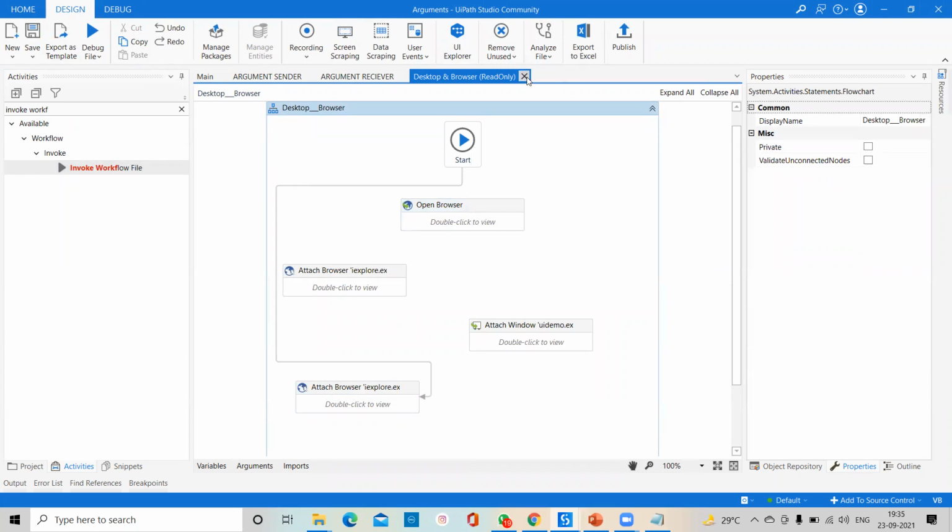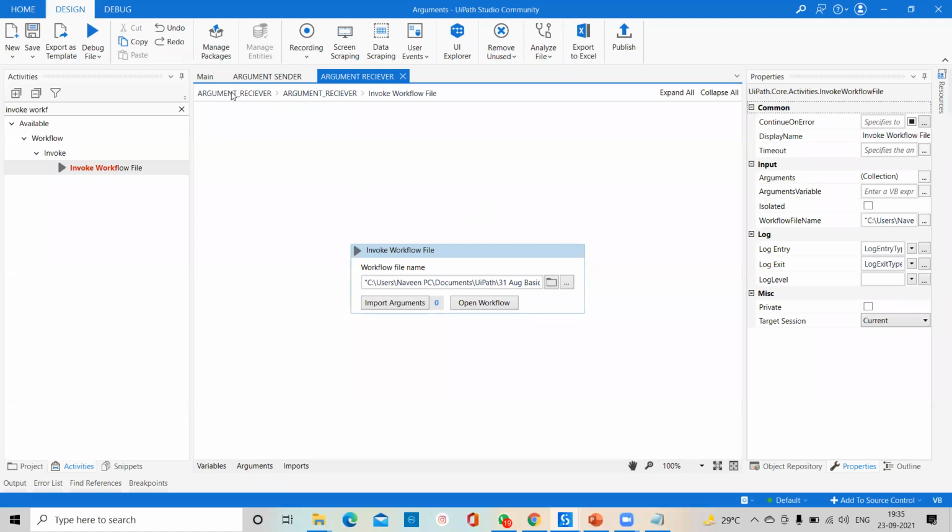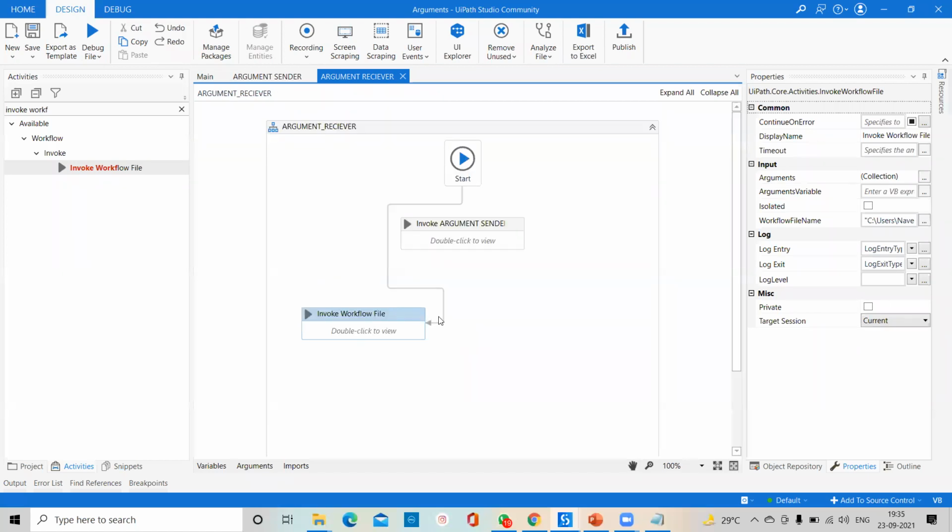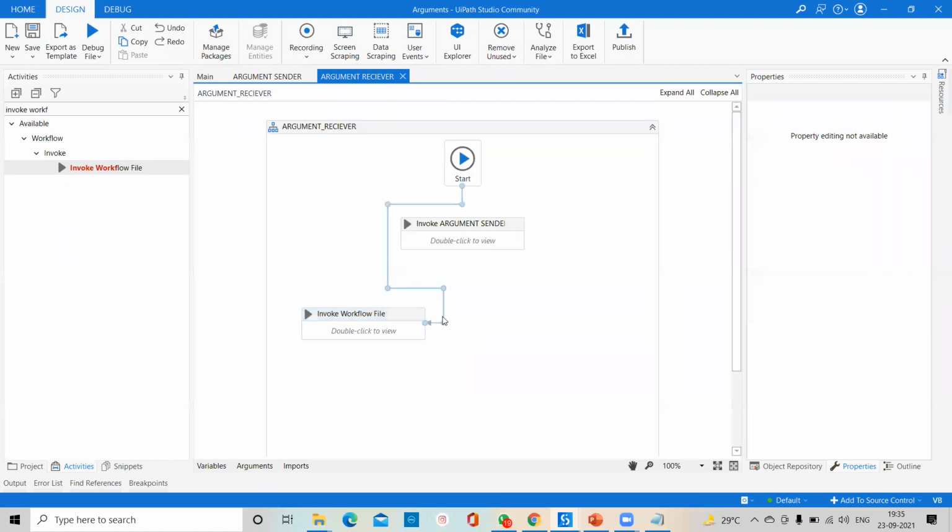Okay, so that is the part of a different project. I will tell you the new project here. Through that part we are able to run this program. Right now, deleting this part. So for every process you can take the Invoke Workflow and you are able to run it.